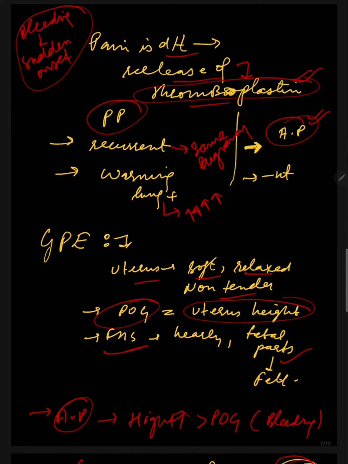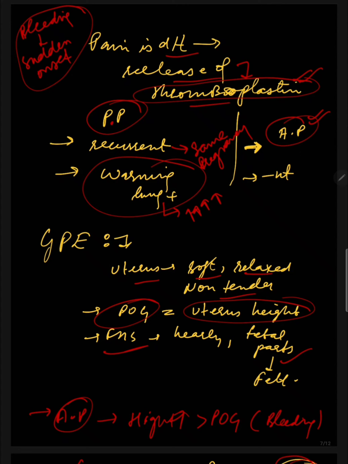These episodes of bleeding can be recurrent in the same pregnancy in a case of placenta previa. And warning hemorrhages are present in placenta previa. What are the warning hemorrhages? Initially there is less bleeding, and later on there will be torrential bleeding. So these initial slight bleedings are the warning hemorrhages. Recurrent episodes of bleeding can be present in the same pregnancy, whereas in abruptio placenta there is no recurrent bleeding in the same pregnancy, and there is